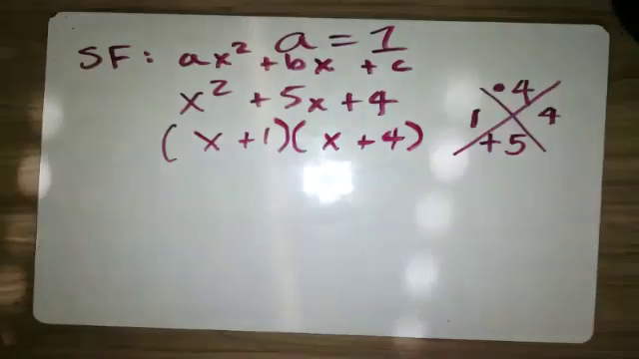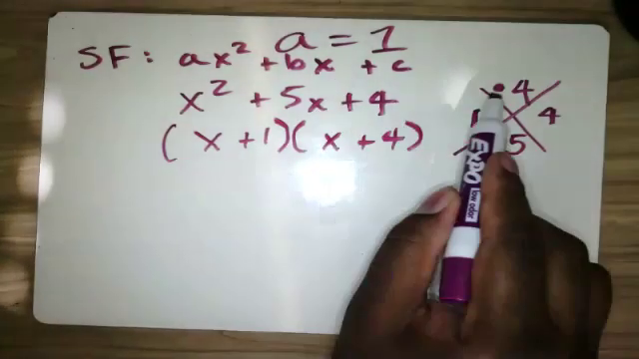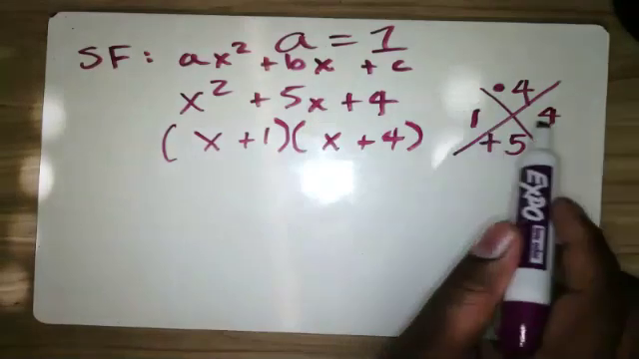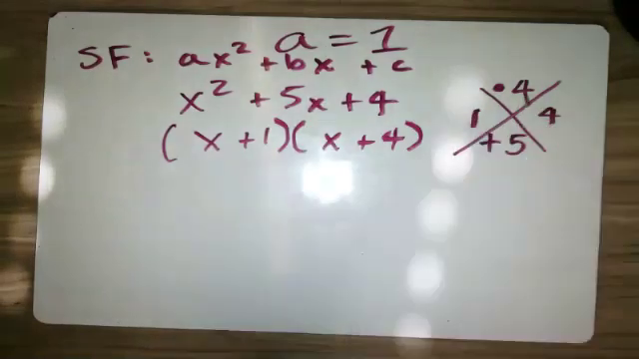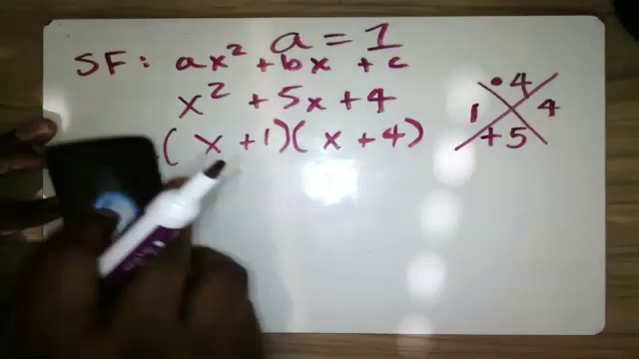Okay? So let's recap. Multiply to give us 4, add to give us 5. That's 1 times 4 gives us 4, 1 plus 4 gives us 5. All right. So that's one. Let's do another. Suppose that we have